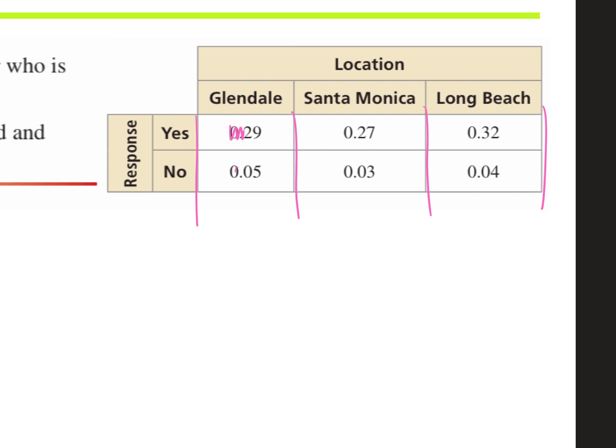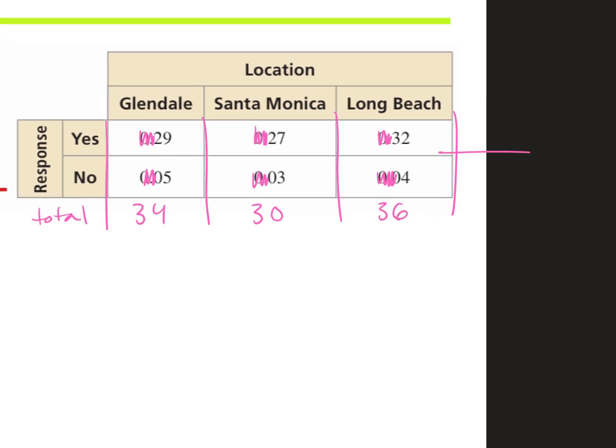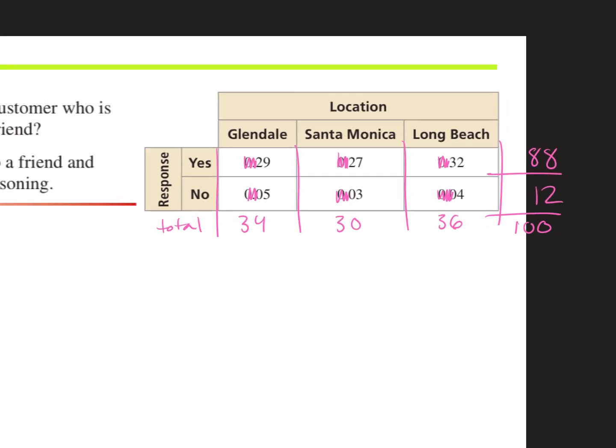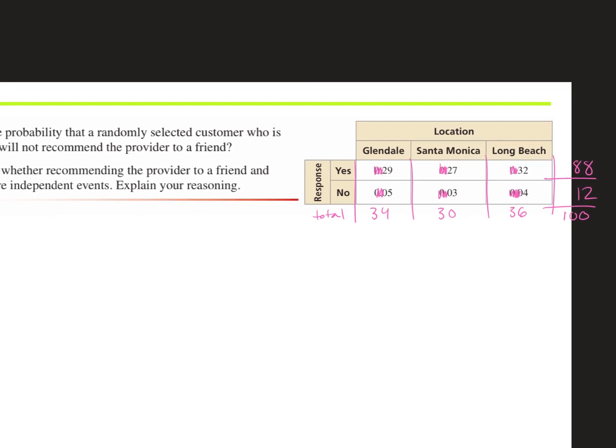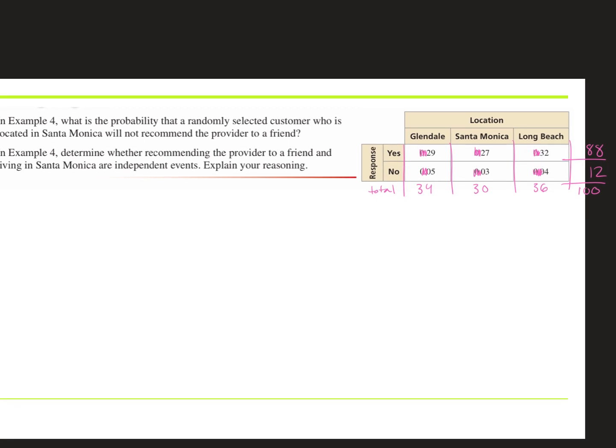But remember, we're changing it to whole numbers. So we're just looking at the number, not the decimal version of it. So what's the total amount of people we have from Glendale? 34. Santa Monica? 30. Long Beach? What's the total amount of people we had that said yes? 88. And the total amount of people that said no? 12. And the total amount of people total? 100. All right, perfect. So once we have our totals, let's go back to the question and read what it's